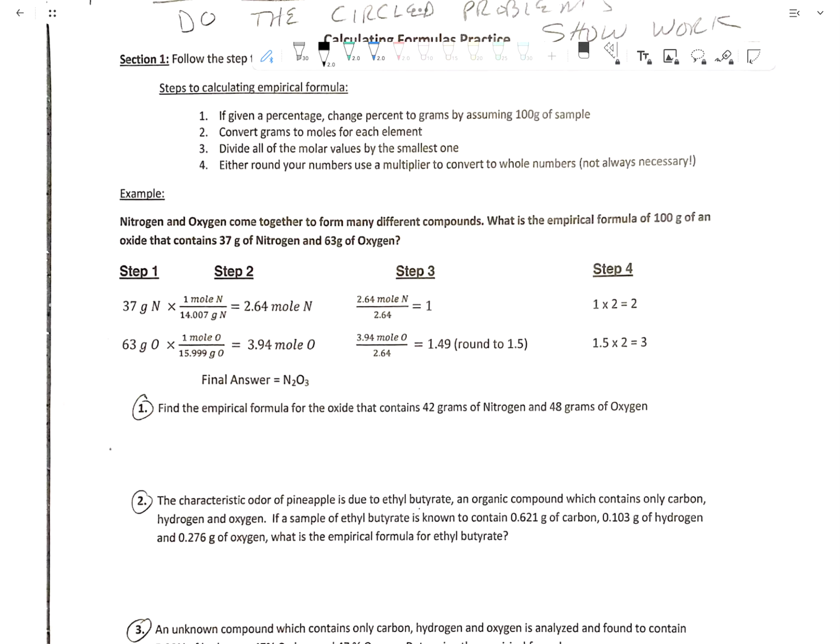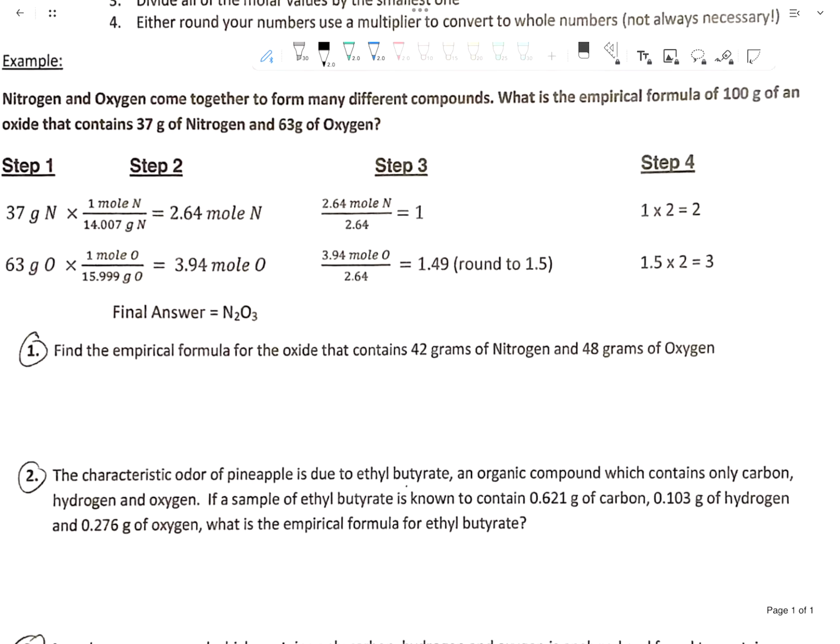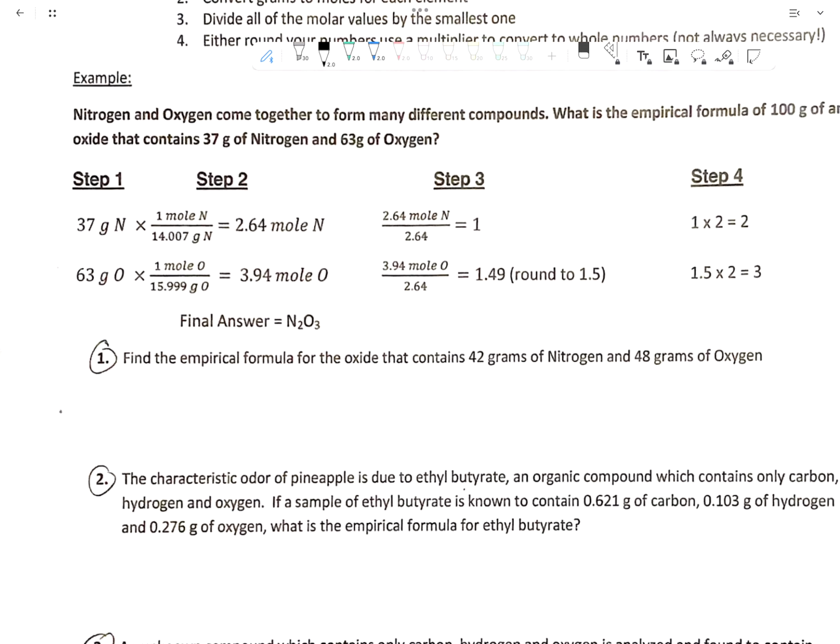So we're looking for the empirical formula for the oxide that contains 42 grams of nitrogen and 48 grams of oxygen. So all we really have to do is take the nitrogen. Put nitrogen right there. Put 42 over the molar mass of nitrogen, which is 14. And then we're going to divide that out. And when you divide that,